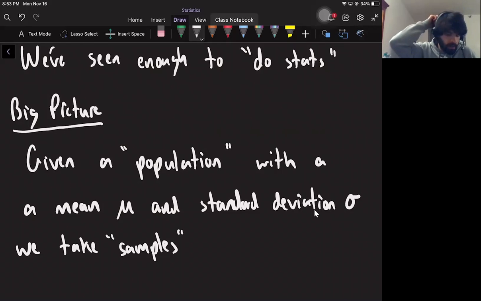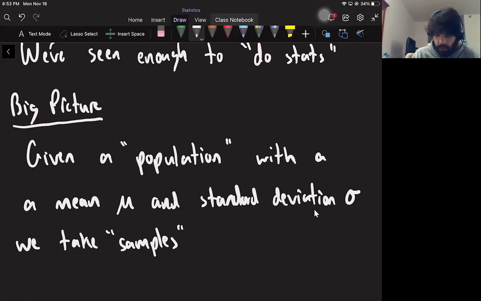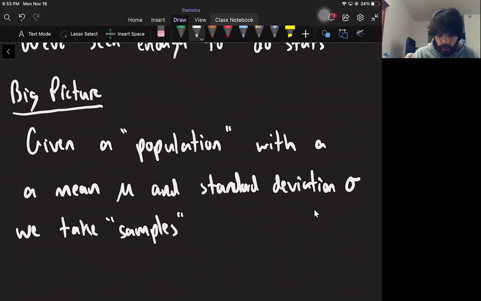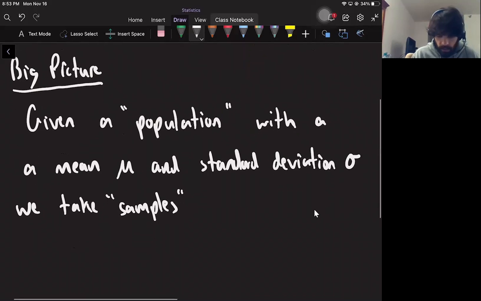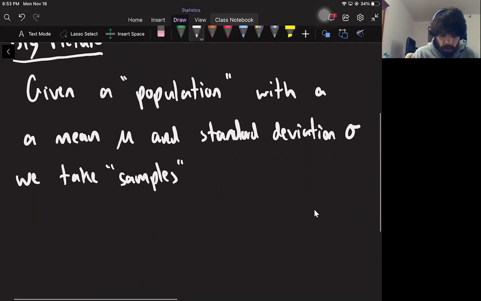So the population maybe is like the California population, and I want to study, say, the heights of all the Californians. Then there is some average height of all Californians, and that would be mu here, and there would be some standard deviation of all the heights too. But the point of samples is that populations are typically too big to ask everybody what their height is, so figuring out this actual mean is really hard to do. So instead what we do is take samples,